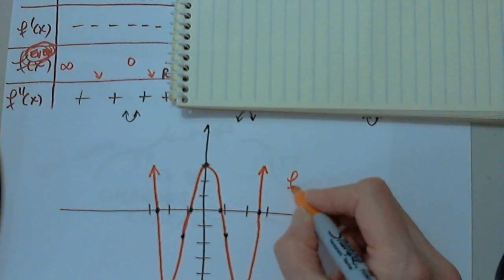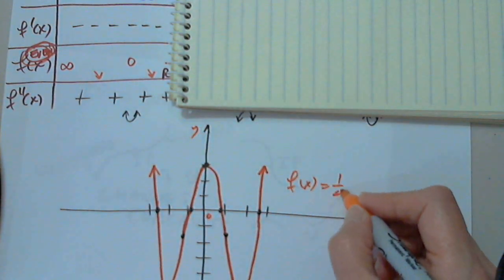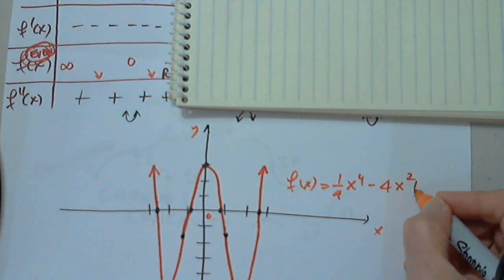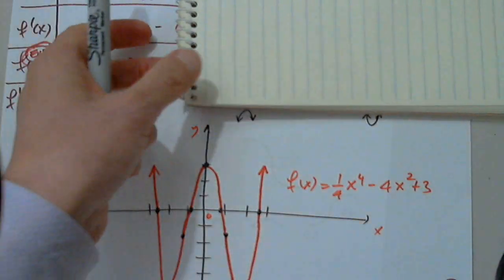This is the graph of f of x equals 1/4 x to the 4th minus 4x squared plus 3. Yes, it took a chunk of time because